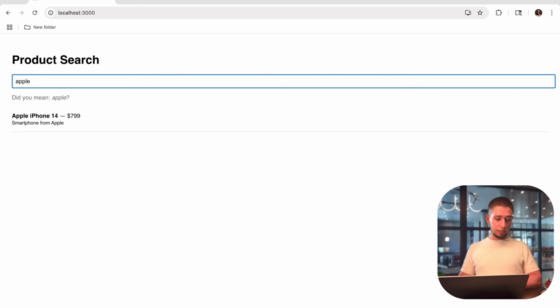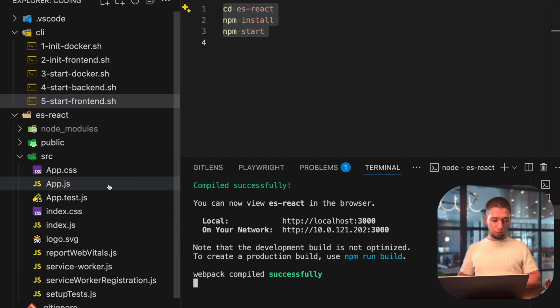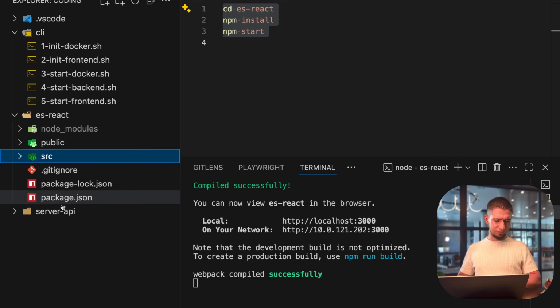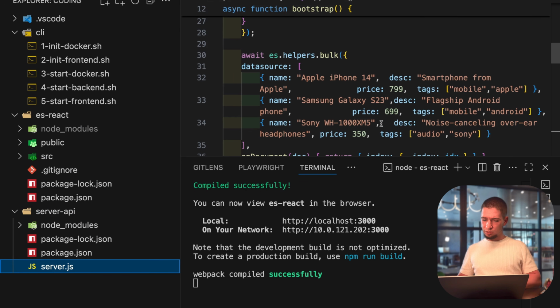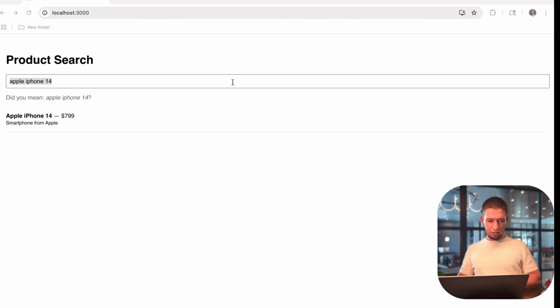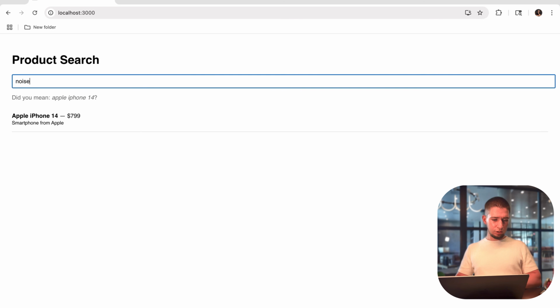We can try to write something like Apple iPhone 14. I don't know if it will send us something. Or let's go. I don't remember if I have taken any example for such suggestions, but we can. I don't think so. Do we have anything that will work in such a way?